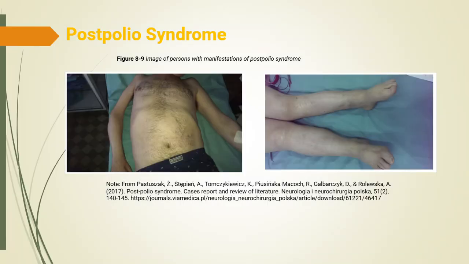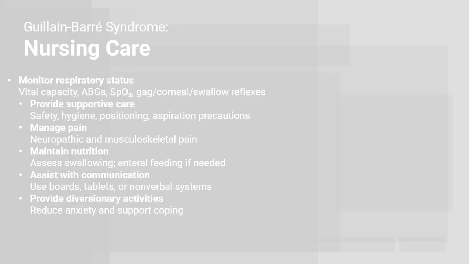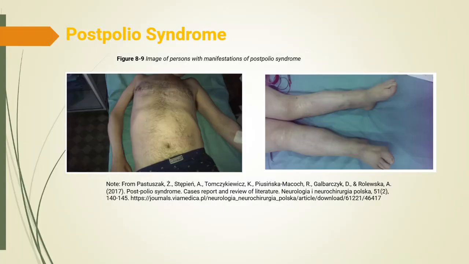These images offer a visual representation of how post-polio syndrome manifests. In the image on the left, we see a person with asymmetric muscle wasting, which is one of the hallmarks of post-polio syndrome. Polio rarely affects both sides of the body equally. You can see that there is a noticeable reduction in muscle bulk in the right upper body and shoulder area compared with the other side. This type of asymmetry helps you differentiate post-polio syndrome from systemic neuromuscular diseases that cause more generalized weakness.